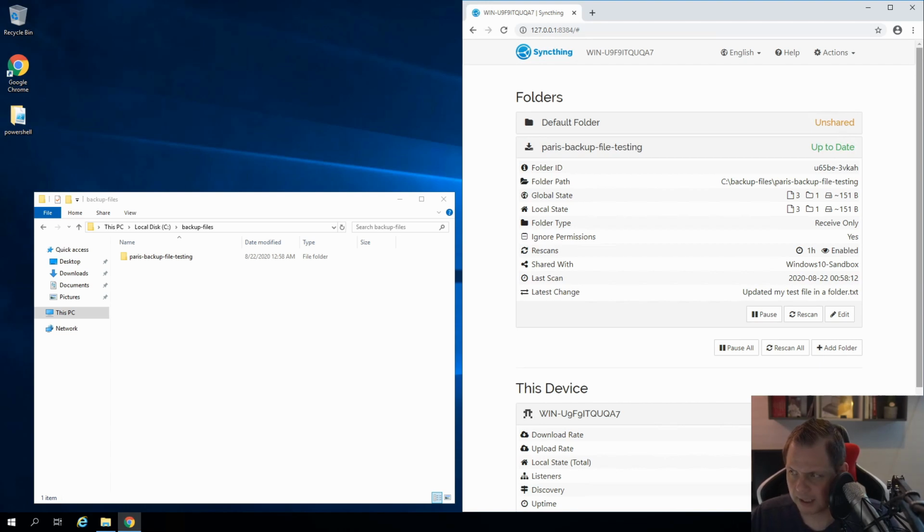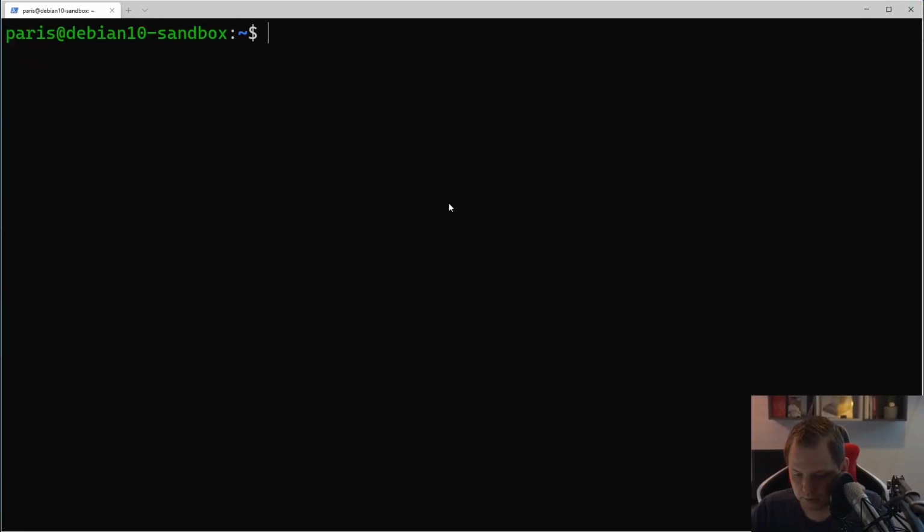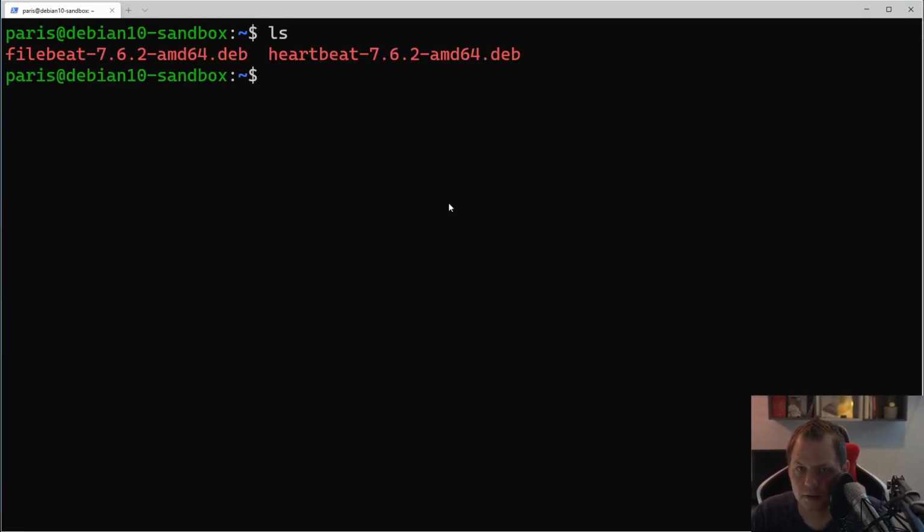So let's begin, and let's be guided how you can do this between a Linux and a Windows host. The first thing we're gonna do is go to the Linux host we have here. Then we want to say what we're gonna do. We know we have the user Syncthing, and this doesn't have access to anything. And what we're gonna do now should be